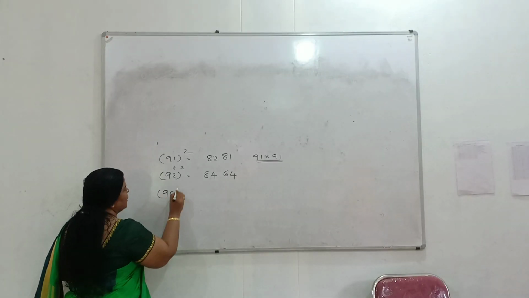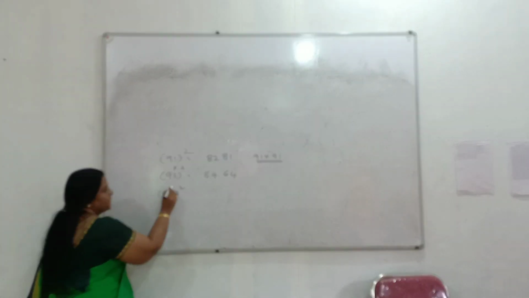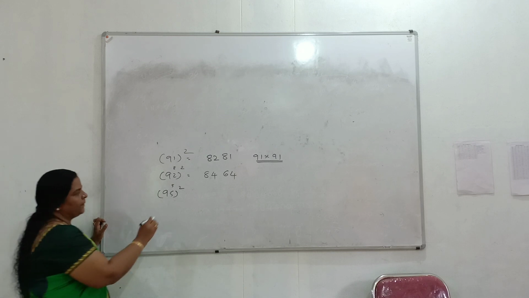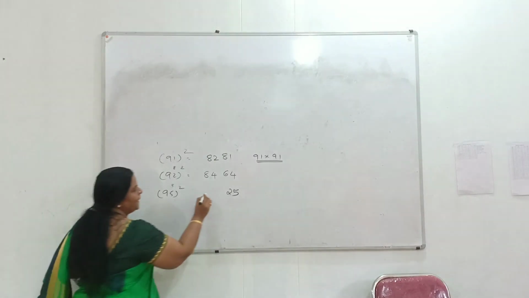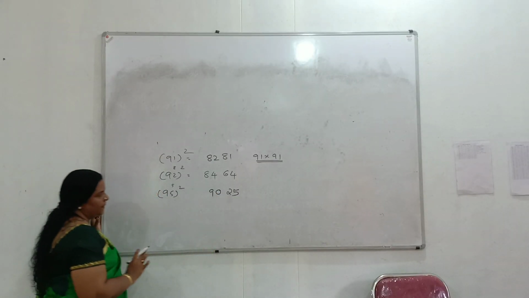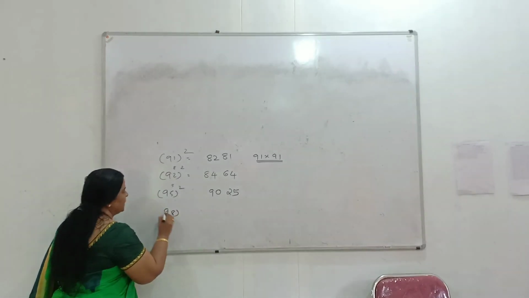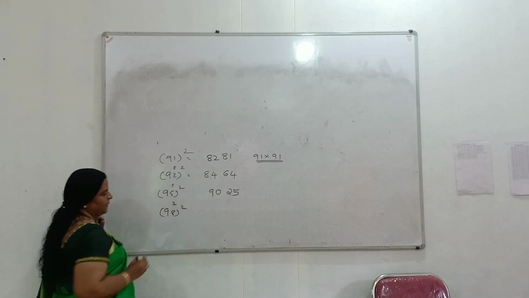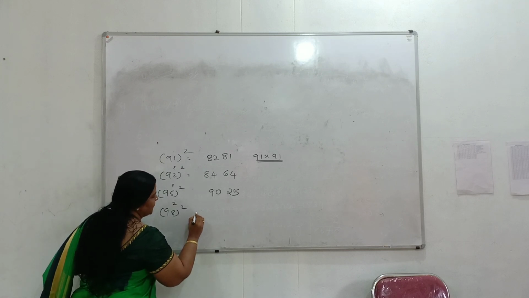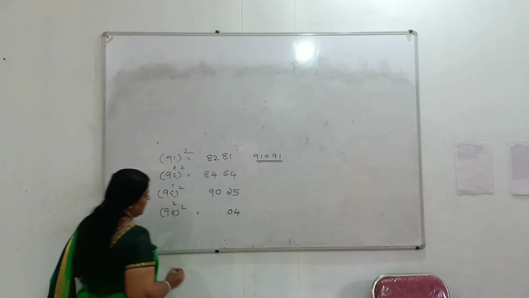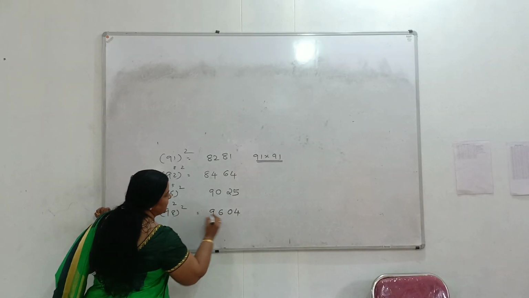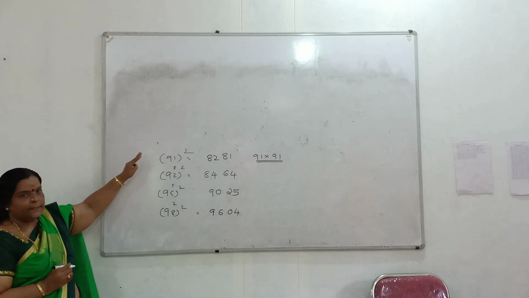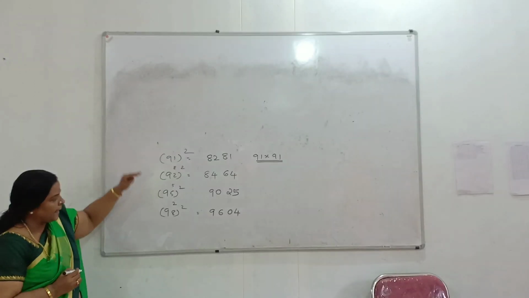95 square. To reach 100, 5 must be written here. Take the square of 5, 25. Take the double of 95, 190. Put only 90 to that number. Hence 4 digits. 98 square. Write 2 here. Take the square of 2, 04. 04 must be here. Then take the double of 98, 196, write only 96 here. That is a square of numbers starting 91 up to 99.